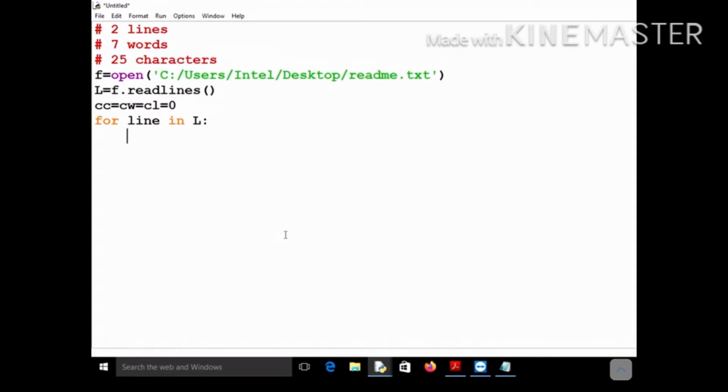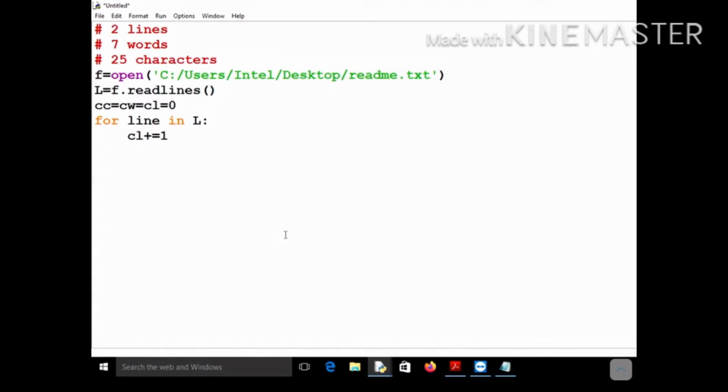Okay, so now as soon as you encounter a line, as soon as you find a line in the list, definitely count of line will be incremented by 1. So CL will become what? CL plus 1. I hope there is no problem up to this. You selected a line from the list, and you know that as soon as you selected, the count of line will be incremented by 1.